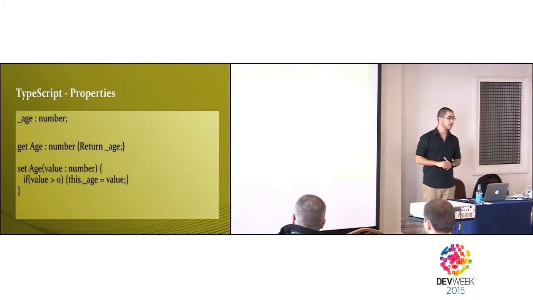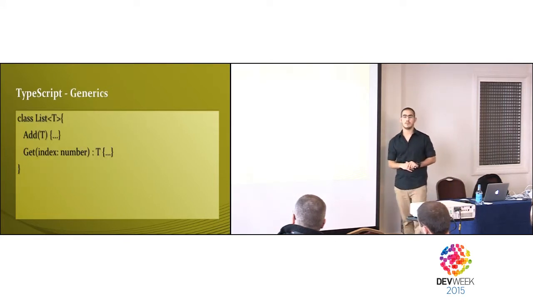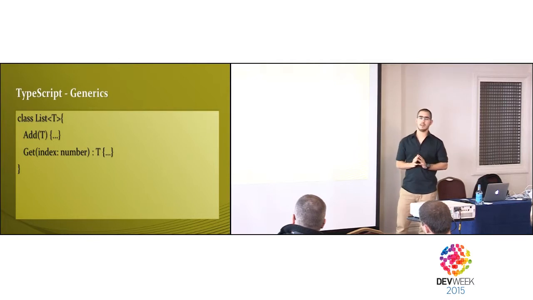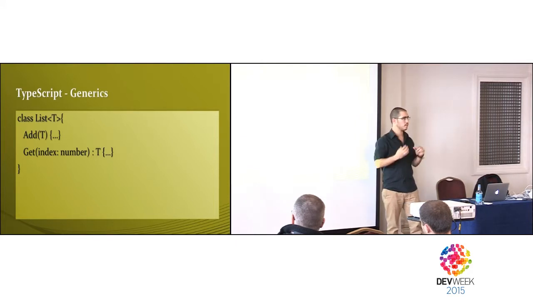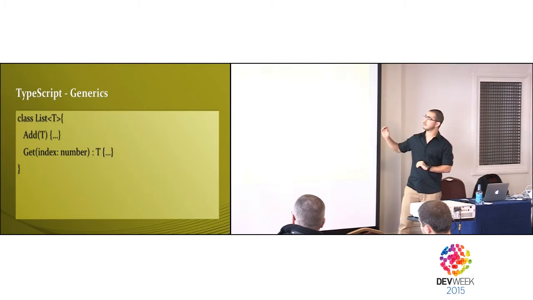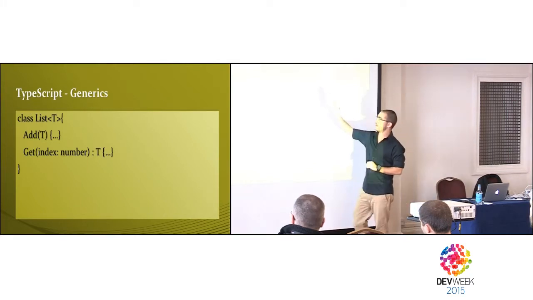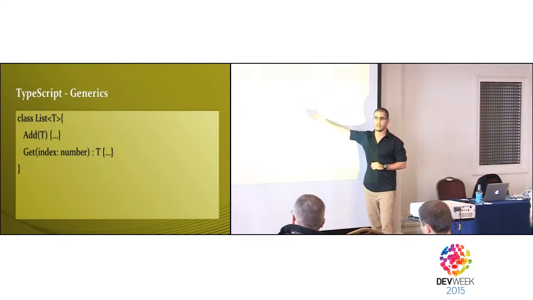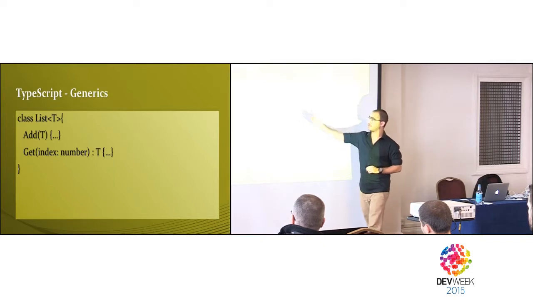The next thing is generics. I think generics is a key ingredient for a successful application, because generics give us typing, and typing makes everything more clear for us. So you can use generics. It's very, very similar to what we have. You specify what types you're going to use. You can get it as a return type, as an